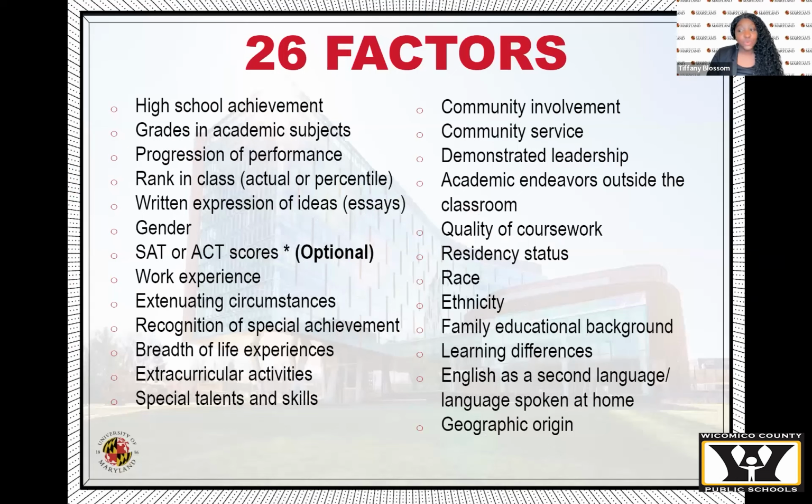Okay, so these are our 26 review factors. And our application review process is thorough and it's a holistic one. So that just means we read all of the information that's provided by the applicant, and I mean all of it. So we do consider all 26 different review factors that are listed here. These can also be found on our website. And of course, the factors that are most significant and they weigh most heavily are those that are academic in